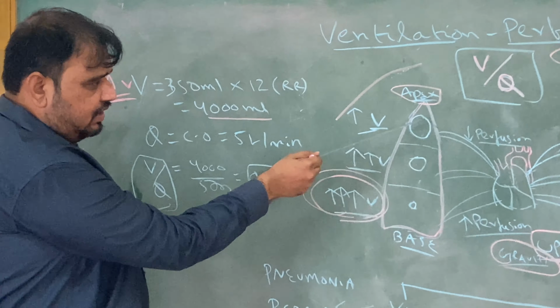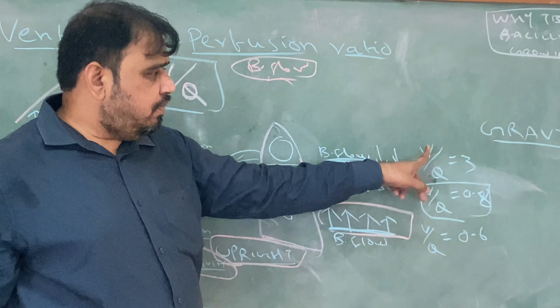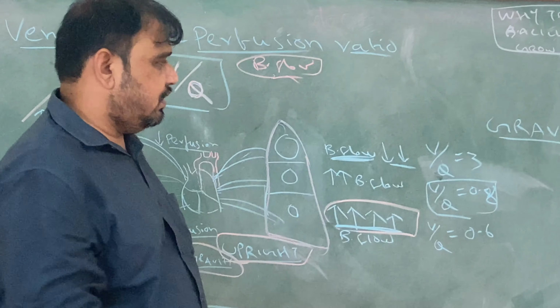Ventilation perfusion ratio. Now little bit I need you to concentrate here. Here the ventilation is just increased only one time because it has already inflated, as I explained. Blood flow is very very less because it has to go against the gravity. So ventilation is less or it's okay, whereas blood flow is very less. So when I put V/Q, what will happen? Denominator, that is perfusion, is very very less. So obviously ventilation perfusion ratio will be greater than 1.